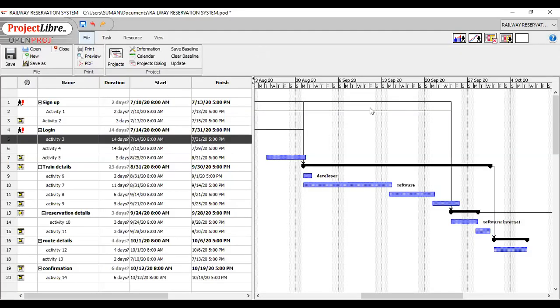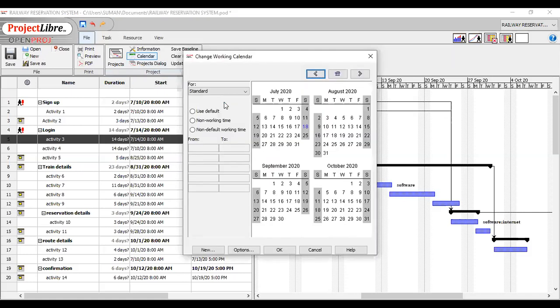Now we will move further with the option to exclude days in the calendar. So again for this I am clicking on the calendar option. Then we can exclude days from the calendar, like if there is a national holiday or other scenario. To exclude the day, just click on a day, like I have clicked this, and select non-working time. Now after selecting the non-working time, it turns red.